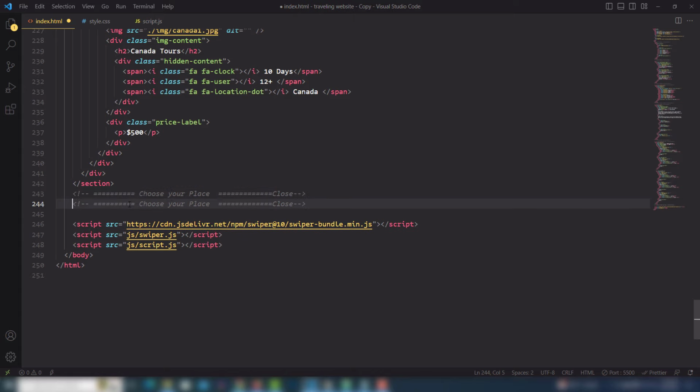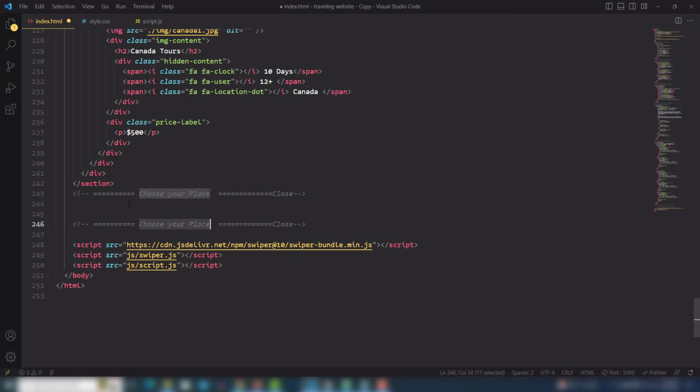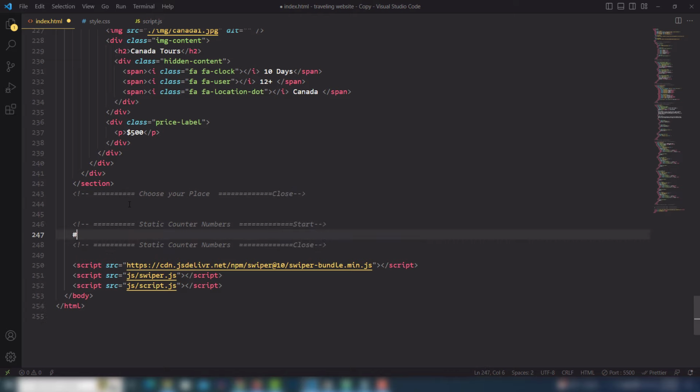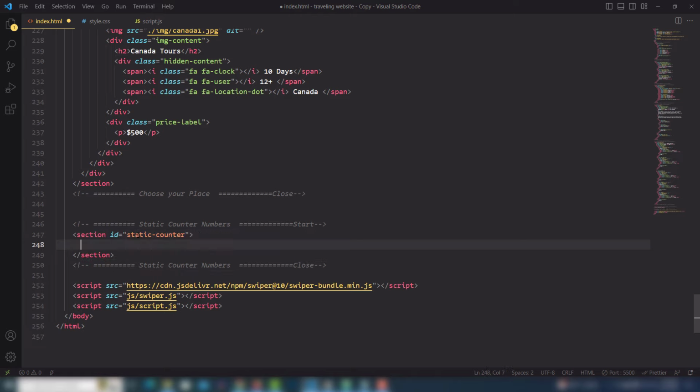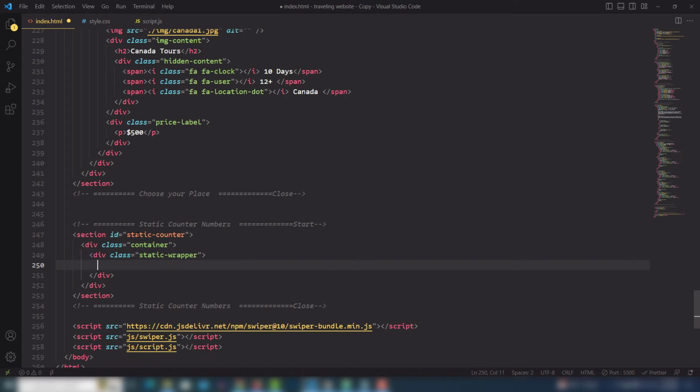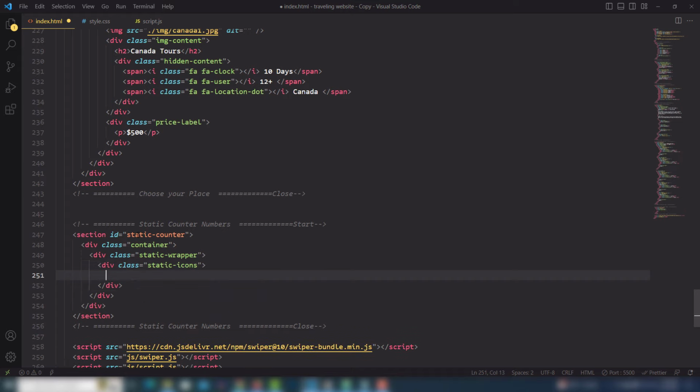Static counter numbers, this will be start and this will be close. Inside that I'm going to add the ID to create a section. ID is static counter, like that. Use container to display the content center. Static wrapper class. Inside that I'm going to add static icons. Inside that I will